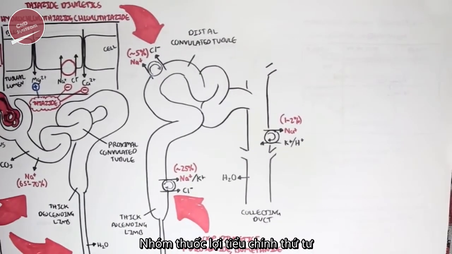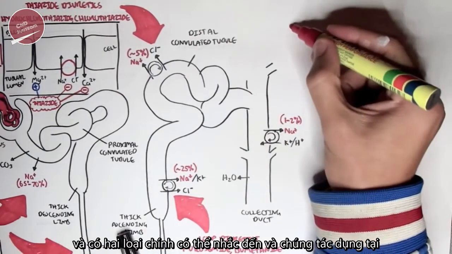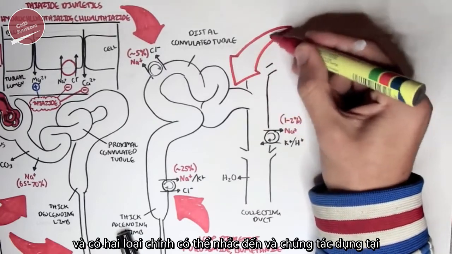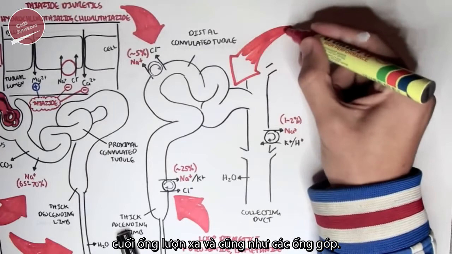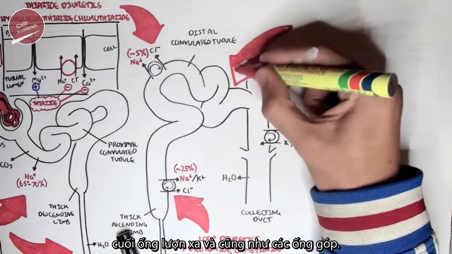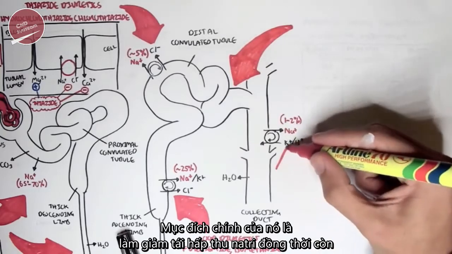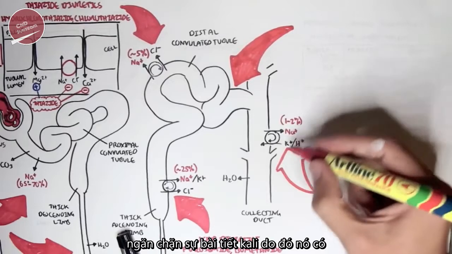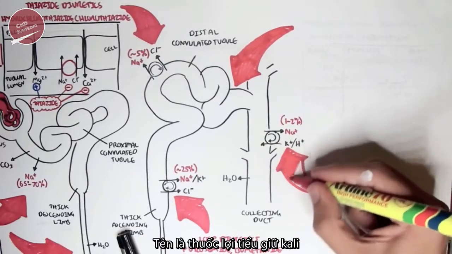The fourth major type of diuretics are the potassium-sparing diuretics, and there are two classes of these, you can say, and these work in the distal convoluted tubules, the very end of it, as well as the collecting ducts. Their major goal is to decrease the reabsorption of sodium, but also prevent the excretion of potassium, hence the name